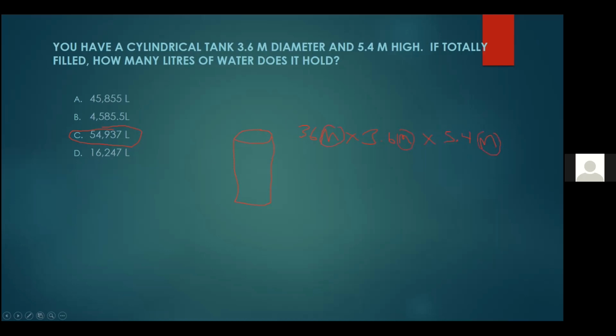When I actually times this all together, 3.6 times 3.6 times 3.6 times 5.4, I get an answer of 69 point